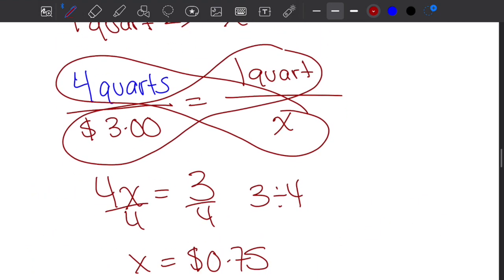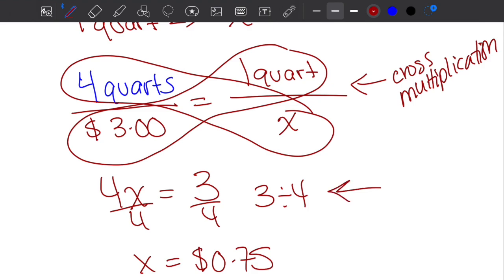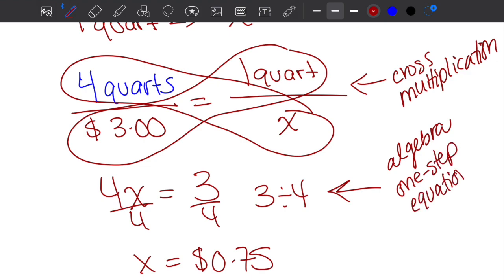And we're done. If you are confused about what I did here, I would like you to review proportions and cross multiplication in the Math Foundations unit. If you are confused about what I did here, I would like you to review solving one-step equations under algebra. Okay? All right. And this is it for